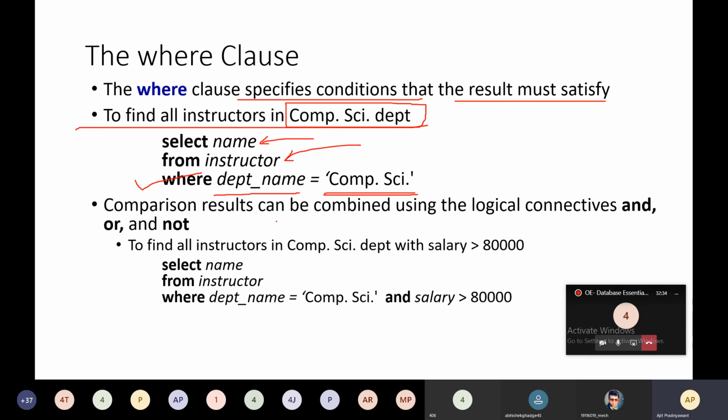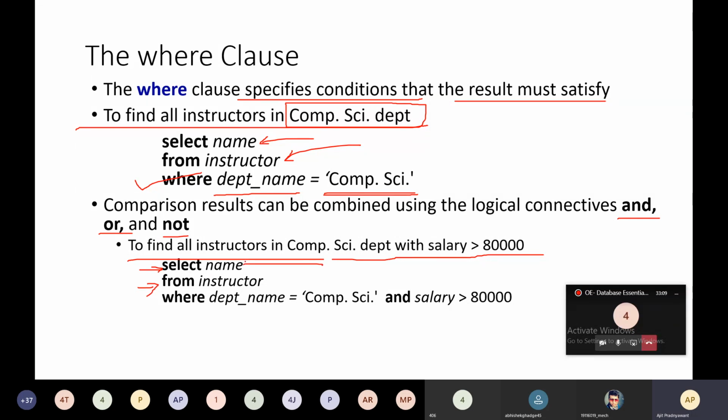These comparison results can be combined using the logical connectives and, or, and not. For example, to find all instructors in the computer science department with salary greater than 80,000, you have to mention select name from instructor.